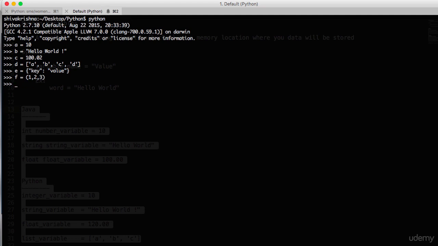Okay, here we have created six variables A, B, C, D, E, F and assigned different data type values to them.